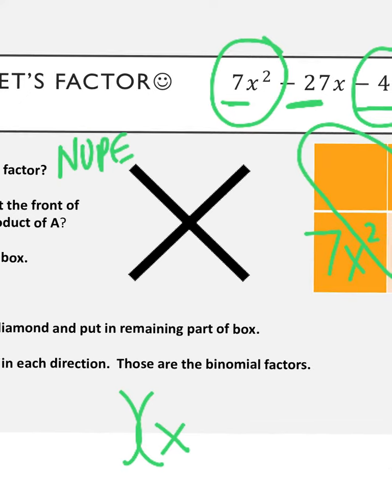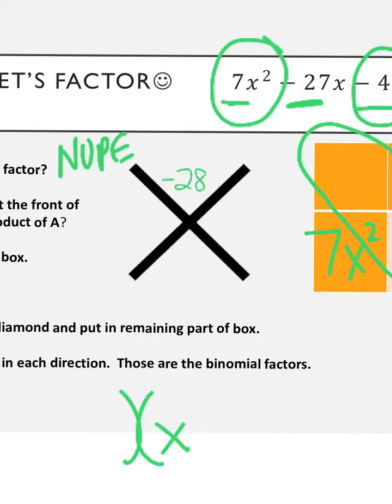So we're going to take a times c. A times c is 7 times negative 4. So that's negative 28. And then we're going to go ahead and take the b term, and we're going to put it in here. And now we're just going to check to see what are the factors of negative 28 that add up to